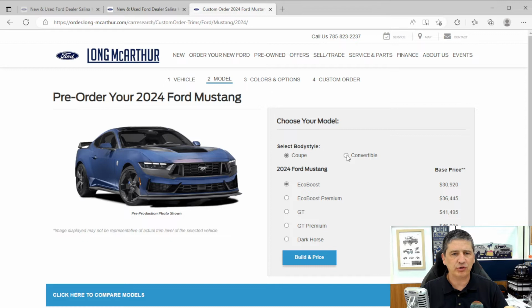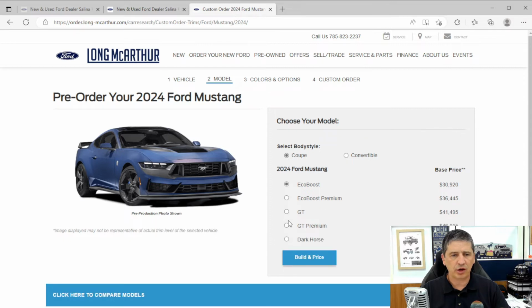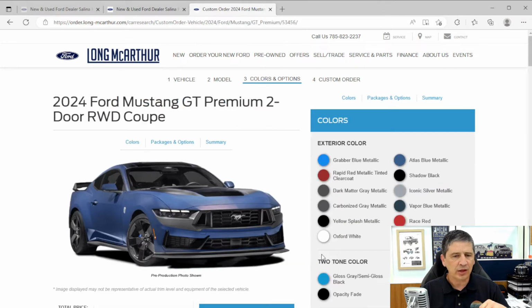You'll notice if you do select convertible, GT Premium is the only GT option you have here. So what we're going to do, coupe to start with, and go GT Premium. You can see the pricing, base pricing of that right there. Click build and price. Here's our color options. We do have, of course, Grabber Blue, Atlas Blue, Rapid Red, Metallic Tinted Clear Coat, which is an extra $4.95